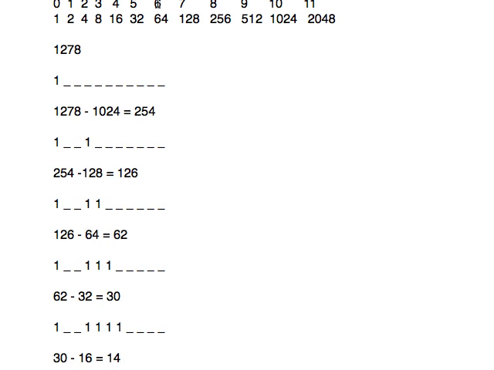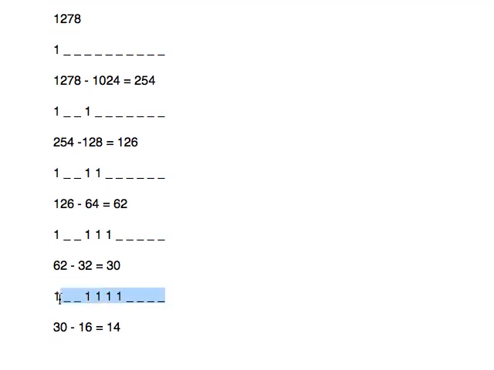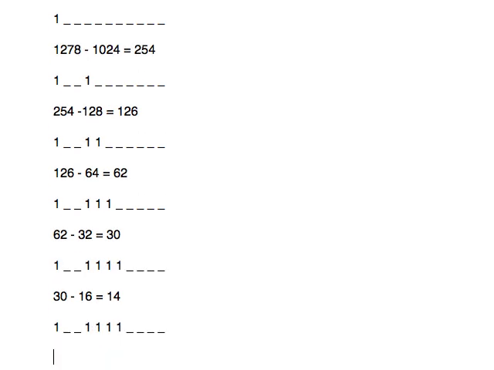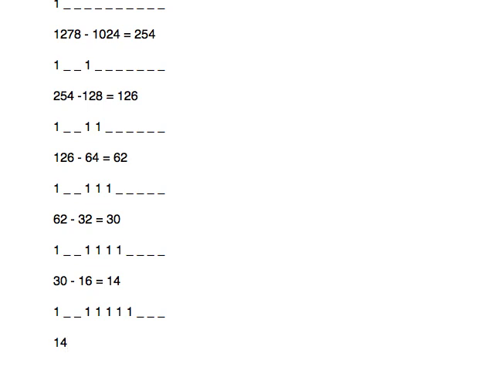Okay. So we need a 2 to the 3. 8's as close as we can go without going over. Okay. So copy this. So 0, 1, 2, and 3. We need an 8. Put a 1 there. 14 minus 8